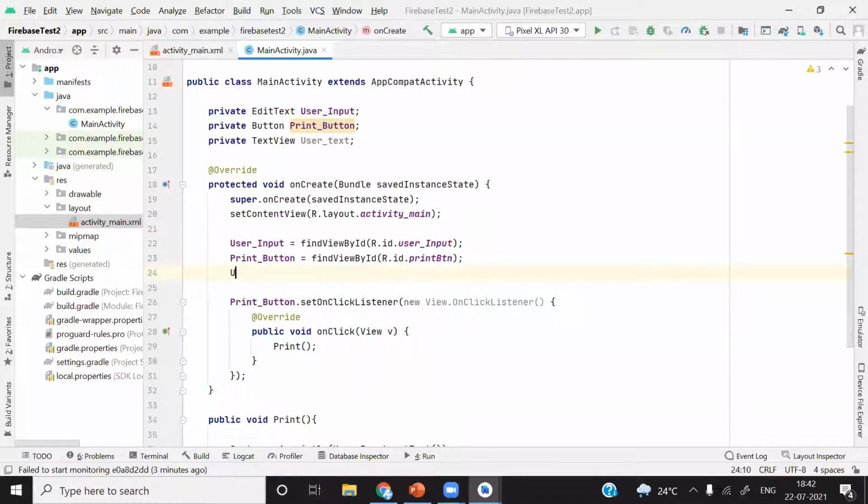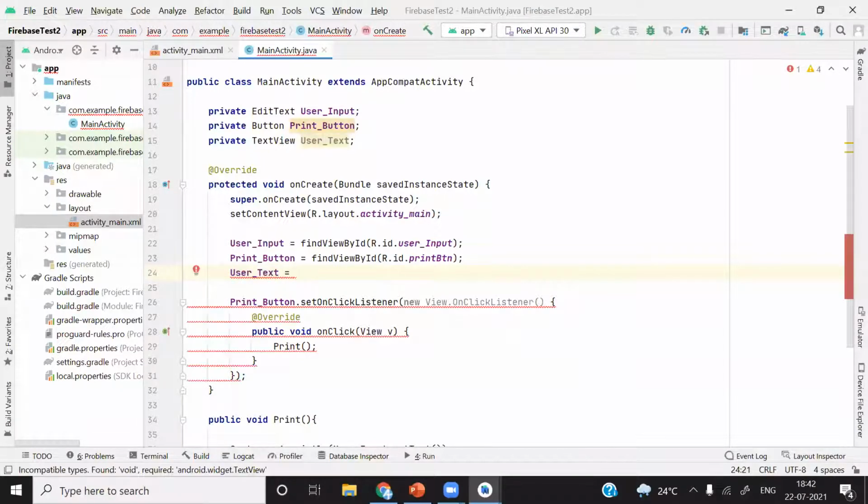Just take that user text, and just type find view by id.